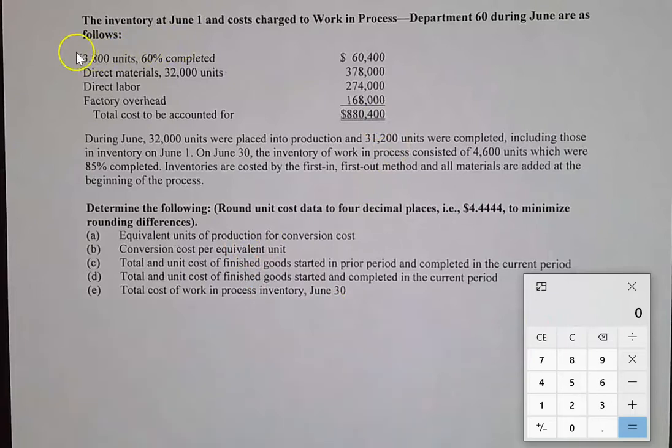We're going to need information about these 3,800 units, and they were 60% completed before, right? So that means that during the month of June, we're going to complete the other 40%. So 3,800 times 40%, the amount that needs to still be completed in the month, is going to give us